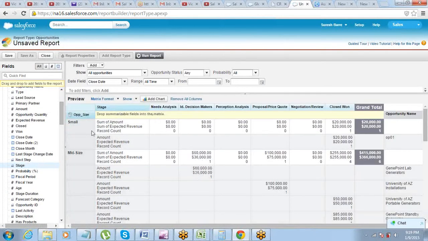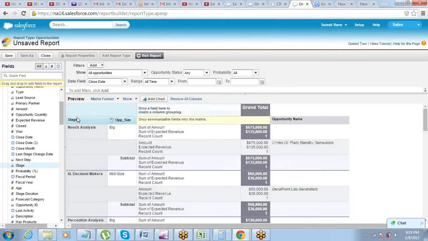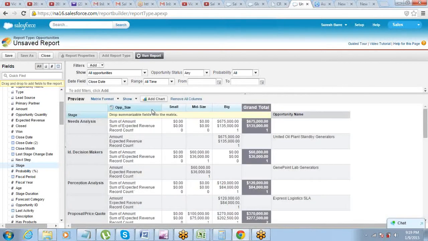Do you see this now? Which type of opportunity, which stage? I think it should ideally be good if we do it this way. Take it here, the other way around. Yeah. Which stage, what size of opportunity, what is the total worth?